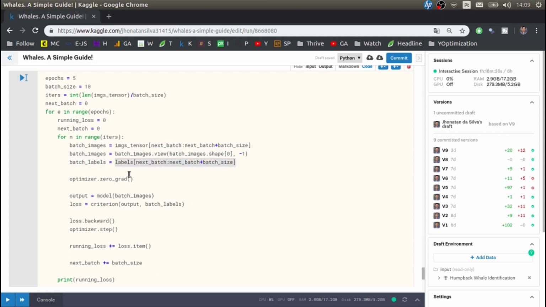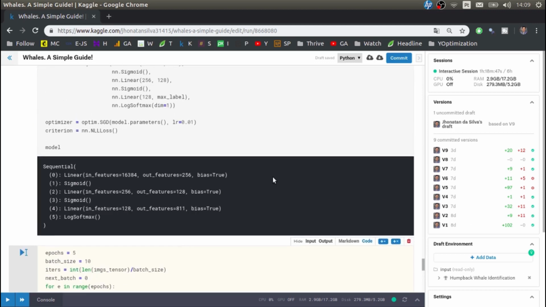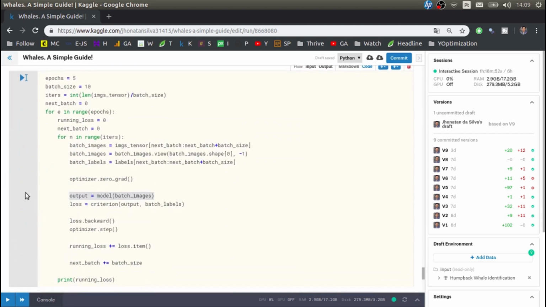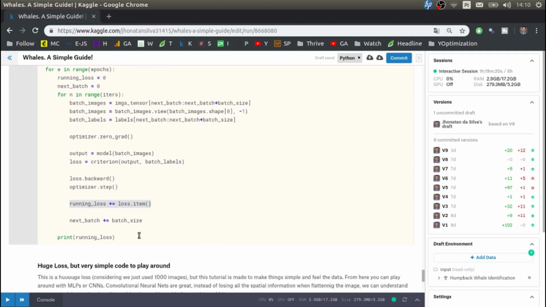And here are the steps that I talked about. We have to clean our gradient, calculate the output. This is this part here. Then with the output, we calculate how far our predictions are from the actual values. Then we do the backpropagation and update the weights and biases. Then we add up our loss. We can run this here